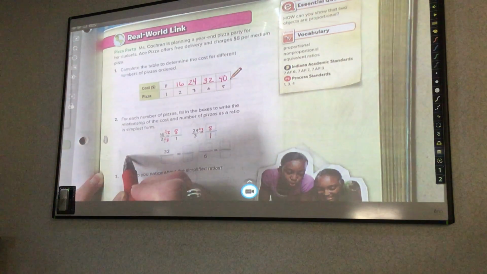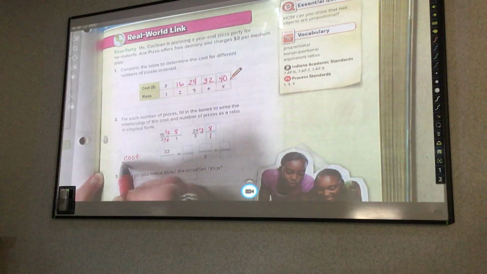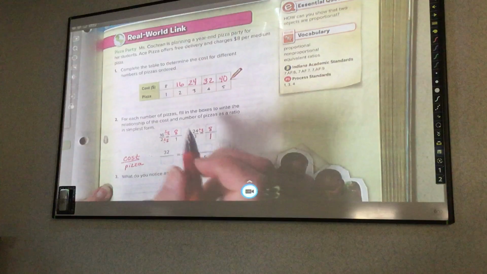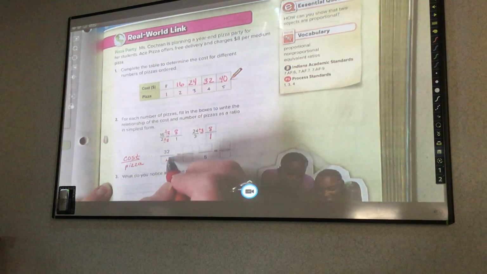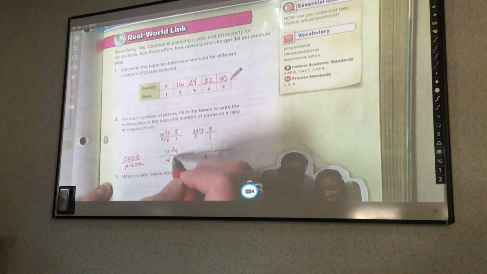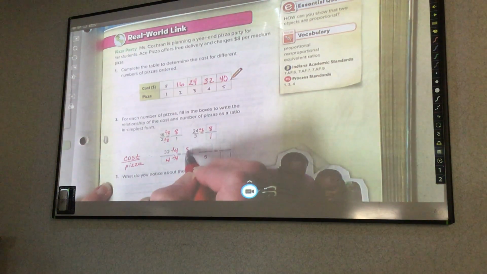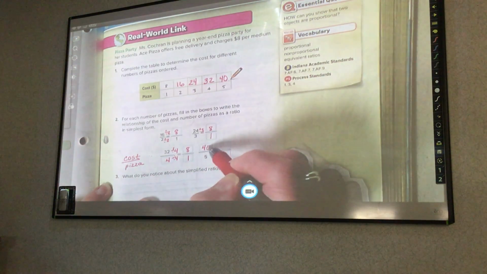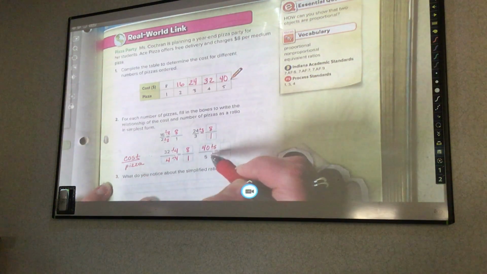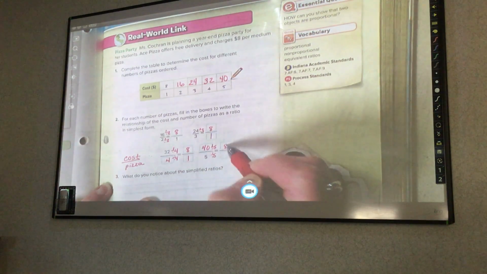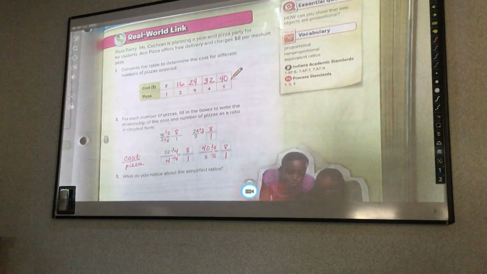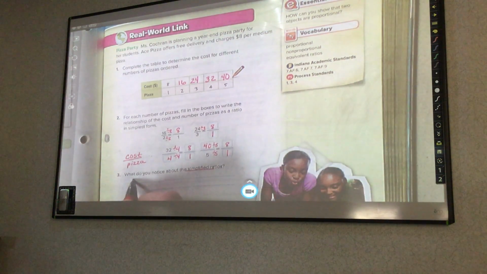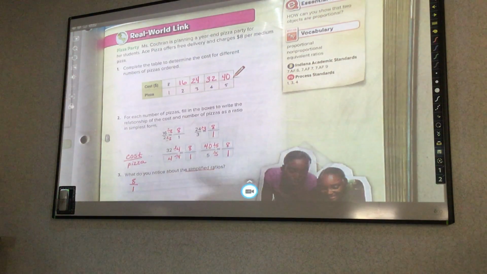32 would be over 4, because remember it is cost, and I want you to write this down, per pizza. So I have 32 over 4, and show that I'm reducing by 4, and I get 8 over 1. 40 is over 5, and I reduce by 5, and I get 8 over 1. So it says, what do you notice after the simplified ratios? It's repeating. Or it has the same, right? 8 over 1